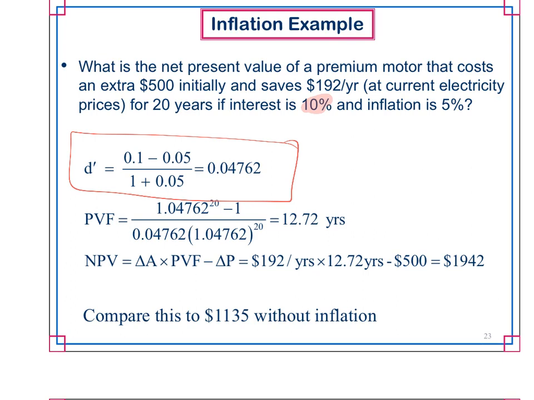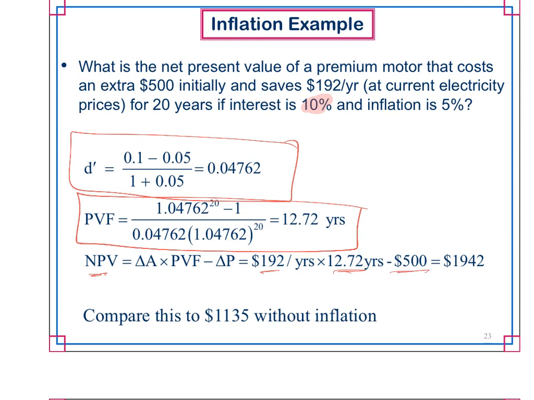5% inflation from a 10% interest rate does not take it down to 5%. It actually takes it down to lower than that. We're going to get 4.76%. If we calculate the value for our annuity, our present value function is 12.7 years. So our net present value is our $192 per year saving, multiplied by our present value function,